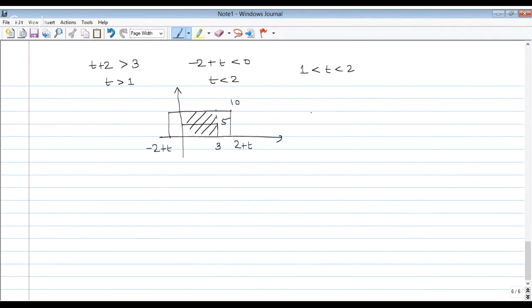The amplitude and area we have to take up to 3. So how much will it be? 2 plus t still remains greater than 3, and minus 2 plus t becomes greater than 0, but is less than 3. Okay. That is how much t lies between, 2 to 5. In that case, if t lies between 2 to 5, what will happen is